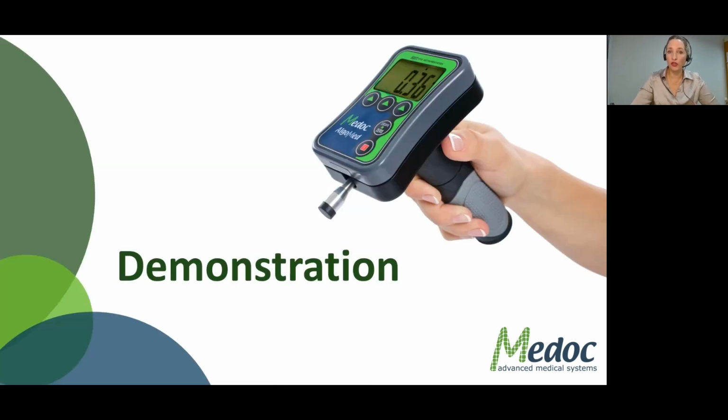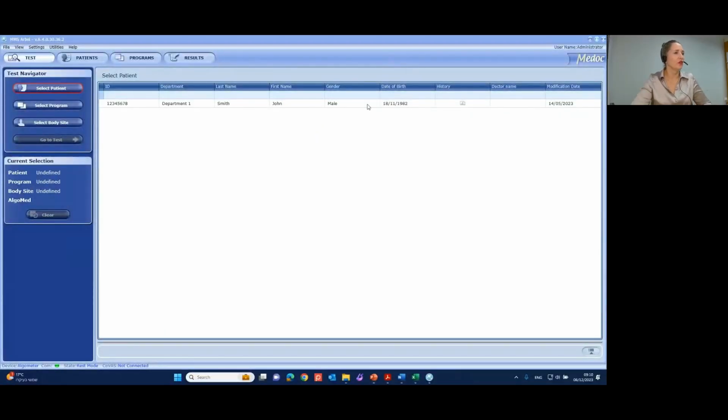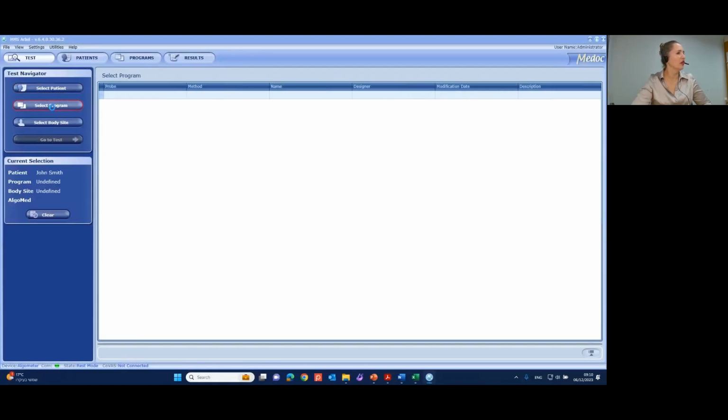Let me show you what the software looks like so you understand how the device works. I'll stop sharing my presentation, and I'll go into the software and I'll reshare this screen. Okay, so this is what the screen of the AlgoMed interface looks like, and we can select a patient, and you can have a long patient list. It really doesn't matter, but in this case, I had only one patient in the patient list,